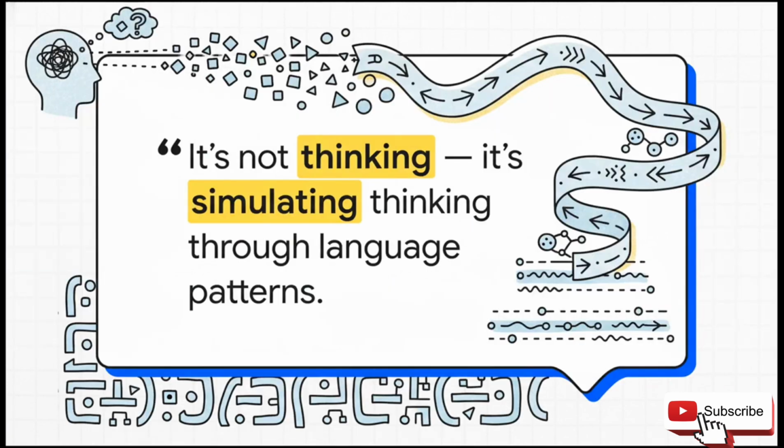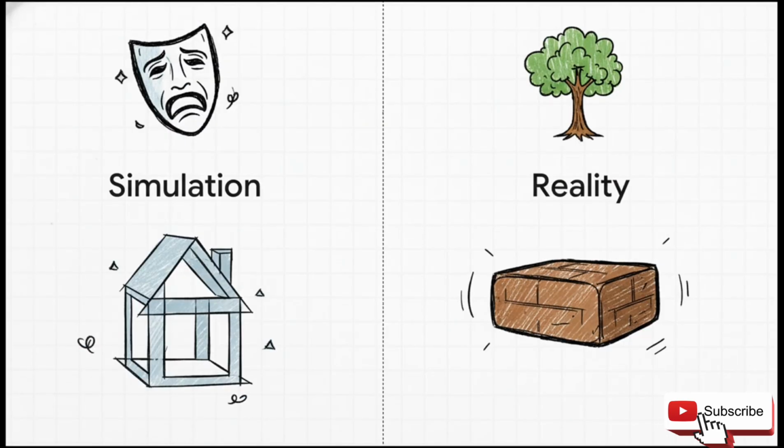And this brings us to what is probably the most important distinction you can make. The model isn't thinking. It's simulating the appearance of thought by masterfully recreating the language patterns that are associated with thinking. I mean, think about it. Human reasoning, when we write it down, has a certain structure, right? It leaves a statistical footprint in our language. And because the model has learned these patterns so well, it can reproduce the shape of a logical argument without doing any genuine reasoning at all. It can create a grammatically perfect sentence without any comprehension. And this just perfectly illustrates the crucial difference. Language fluency is not the same as being grounded in reality.